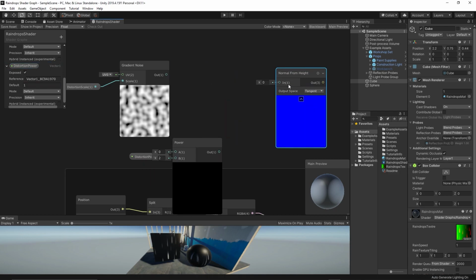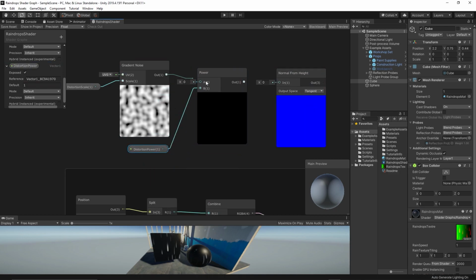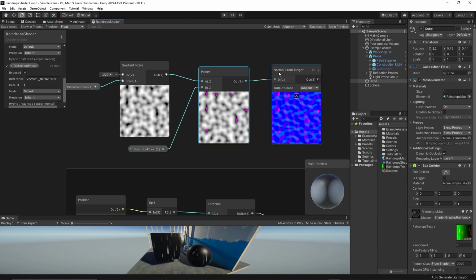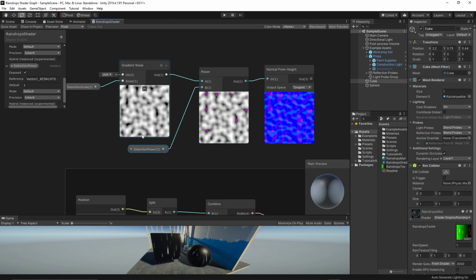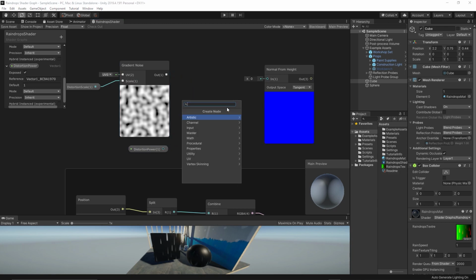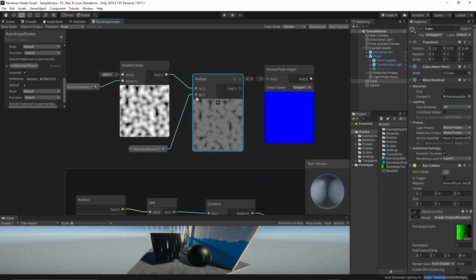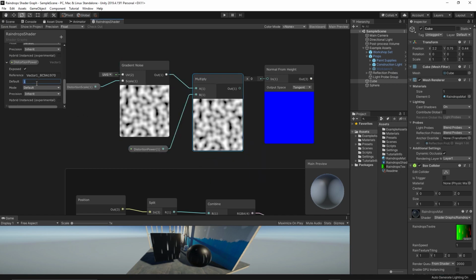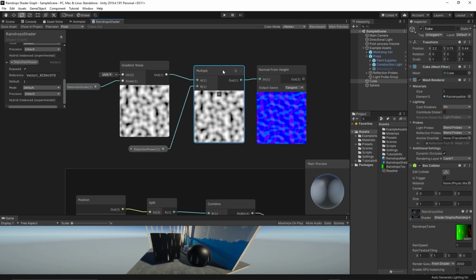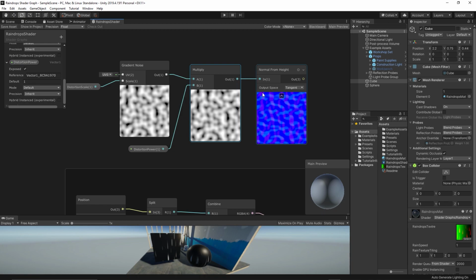And to have control over the strength of the normal map we are creating, we can use a multiply node and a new property called the normal power. Multiply both of them, then link the results to the normal from height. So we can have now control over the normal map we created and how strong the raindrops will appear on